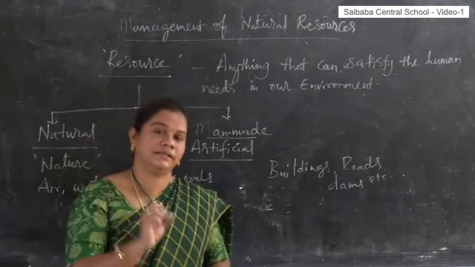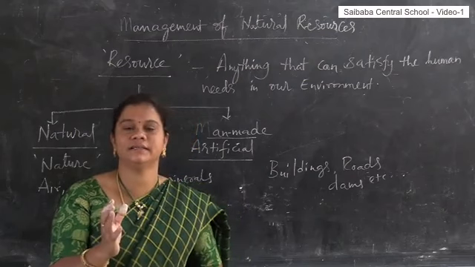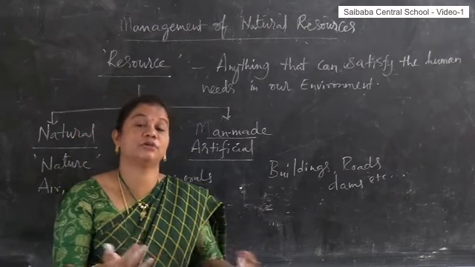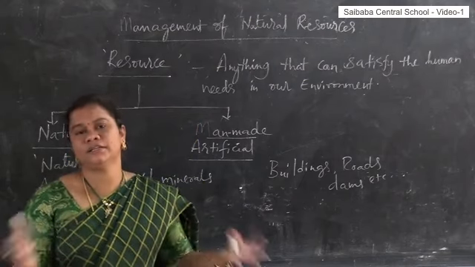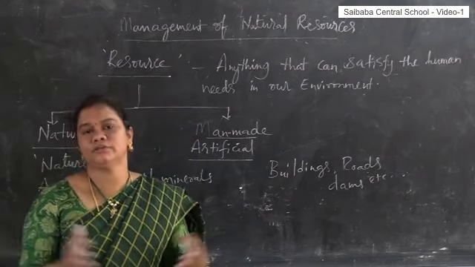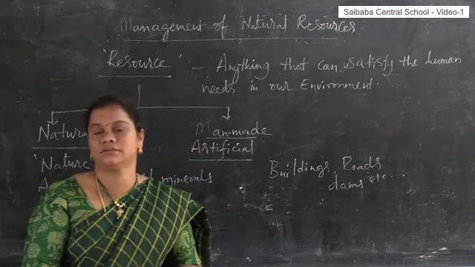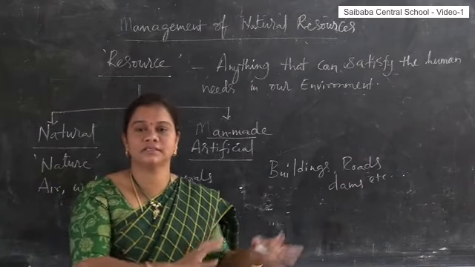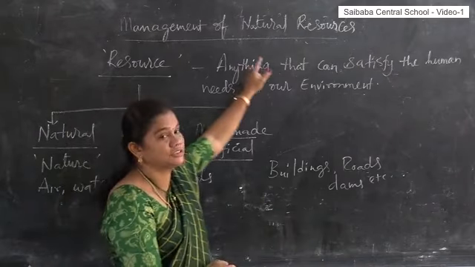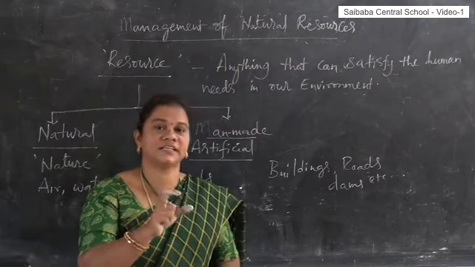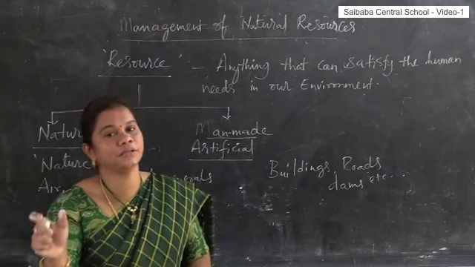So what I mean to tell you here is, people are exploiting these natural resources for their own sake, for their own comfort. If it continues, the coming generations are going to have a very big problem due to the lack of these natural resources. So there should be a controlling system over the usage of these natural resources and for their effective usage, which means management of natural resources, or we can also term it as sustainable management of natural resources.